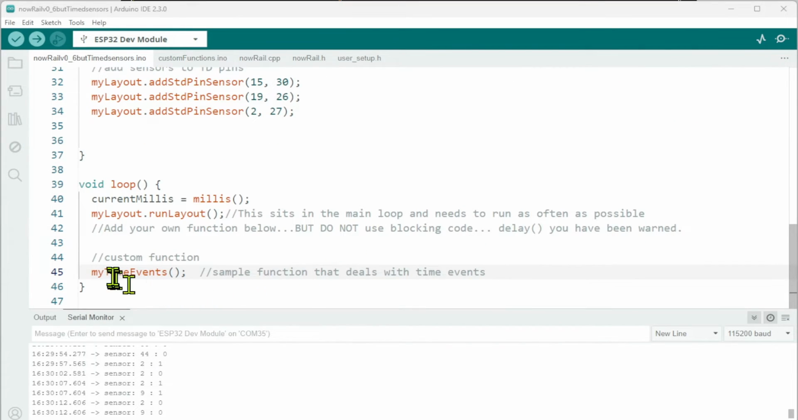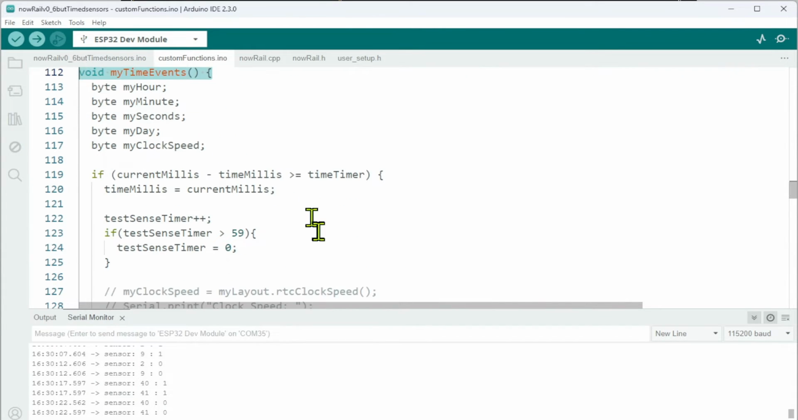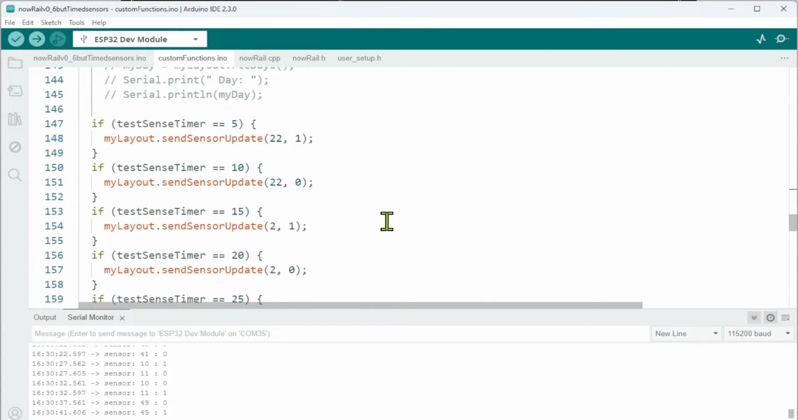So I have created my own custom function that is running. And if we go into custom functions, it's my time events. Now, this has a timer on it, and it is running every 1 second. I use this function a lot when I'm testing nowRail because it allows me to create lots and lots of events at timed intervals, and I can keep my eye on the output while not having to press lots of buttons. So the custom function calls this function here